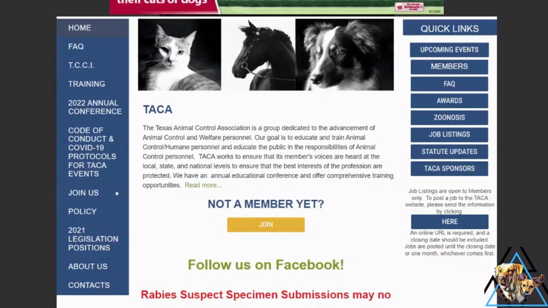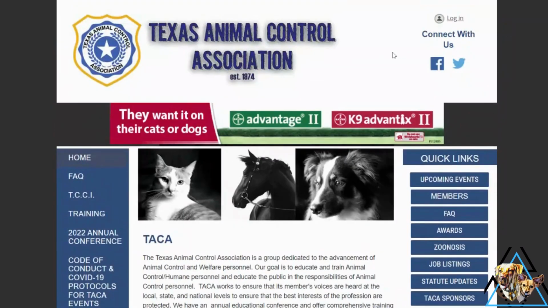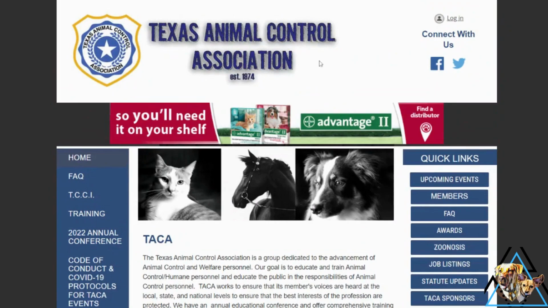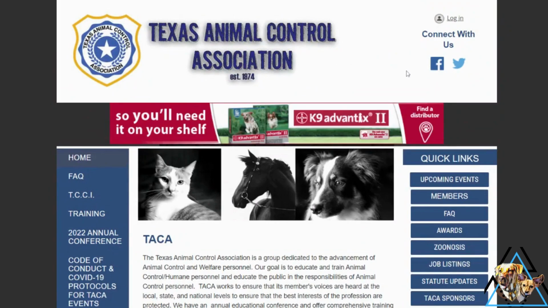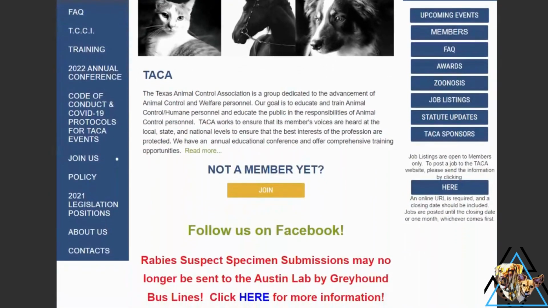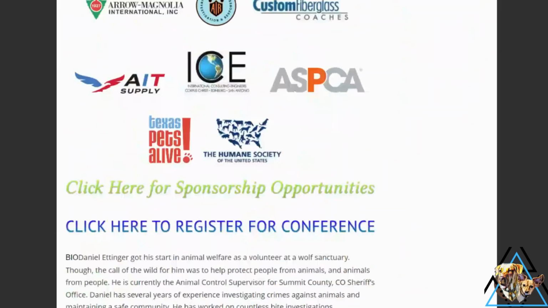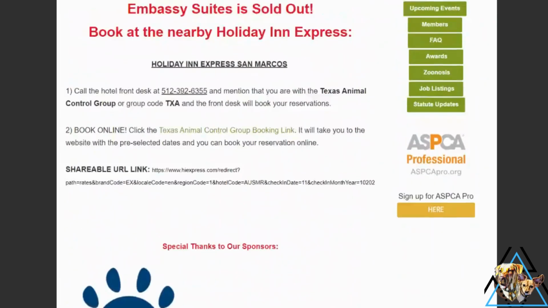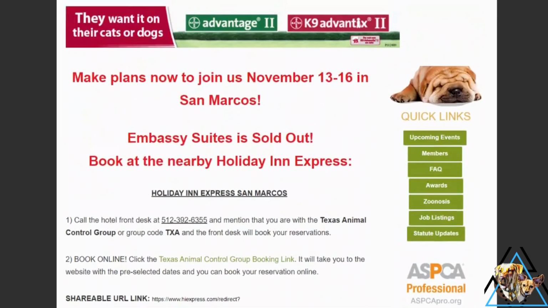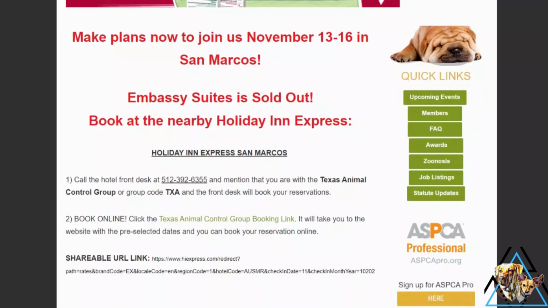And here is the TACA website. This association seeks to unite the animal control officers across the state of Texas. Here you can see on the side that they have an annual conference that they hold every year. You can go on the website for further information. They haven't put out the one for 2023 yet, but I'm sure they will soon.